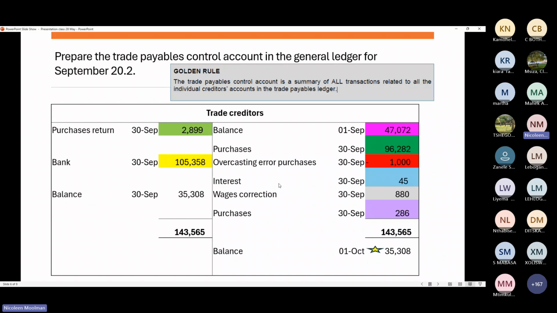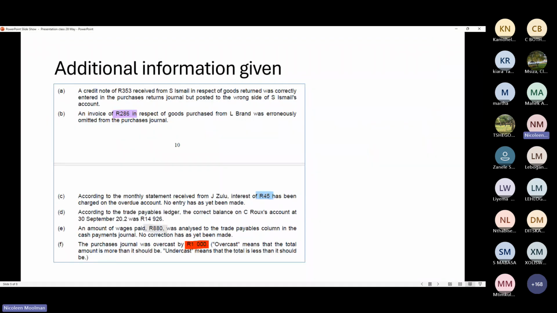Then the wages correction of 880 was also given in the additional information in point E. An amount of wages paid was analyzed to the trade payables column in the cash payments journal. So that basically means that...